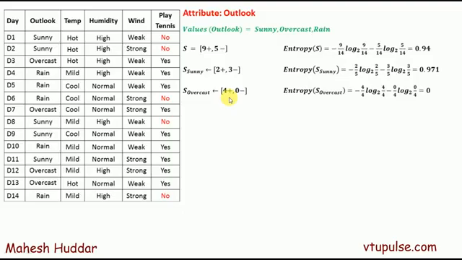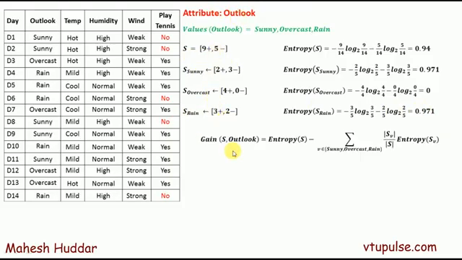Sometimes we may have an equal number of positive and negative examples. The entropy is always equivalent to 1.0 in that case, so that we can also write directly. We will come across such examples at a later stage. Similarly for rain, there are 3 positive examples and 2 negative examples. The entropy of rain is equivalent to the proportion of positive examples log proportion of positive examples to the base 2, minus the proportion of negative examples log proportion of negative examples to the base 2, which is equivalent to 0.971 here. So we have calculated the entropy of the entire data set and the entropy of the individual values of this outlook attribute.